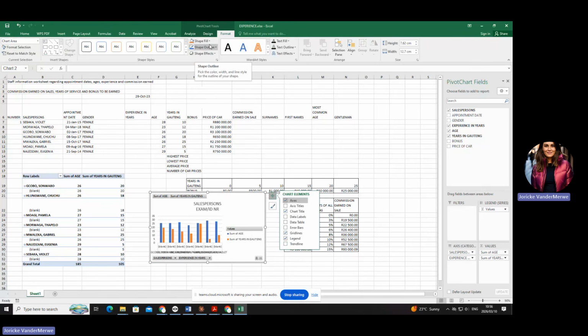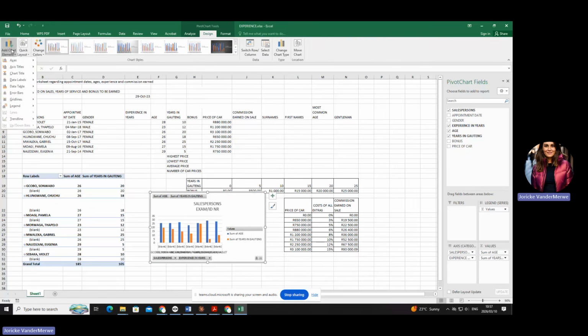It says there, add the data labels. What is a label in 6s? It's an element of the chart. Do you agree with me? So what do I do to get to the elements? I choose the design. I go to the elements. I look for the labels. They don't specify, so I'm just going to choose whichever one. Let's do that one. Can you see how the little numbers are displayed there on my graph?